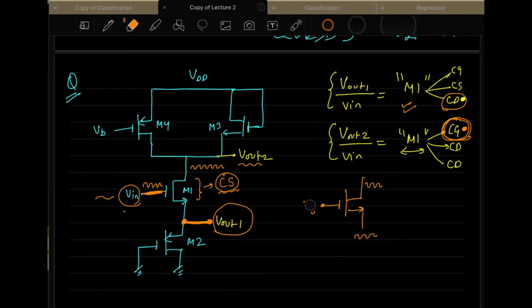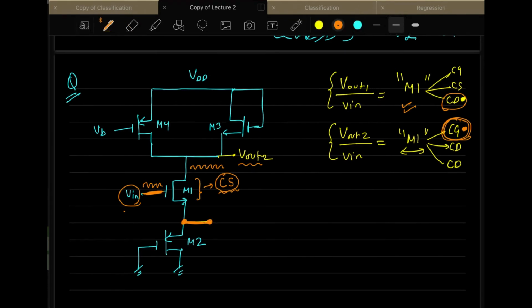Okay, so now once it is done, let us solve these gains. Please note, you have to solve this without calculating the small signal circuit. If you want to calculate a small signal circuit, then you have to draw all of the small signal equivalents for all the MOSFETs, and then you will do V out by V in. So it's a very tough job in solving such a complex circuit.